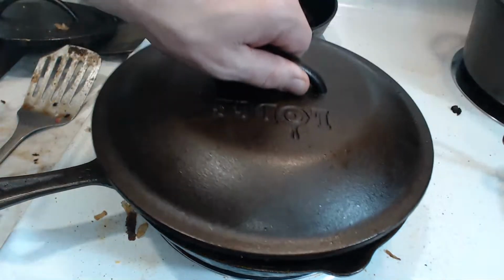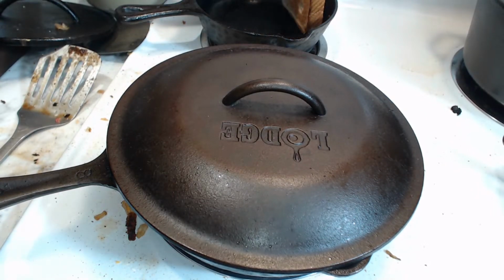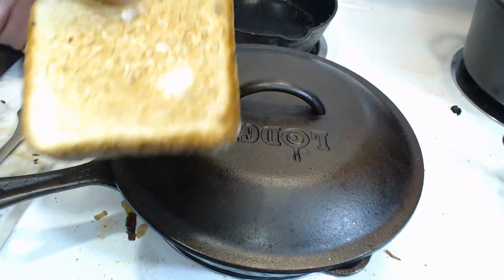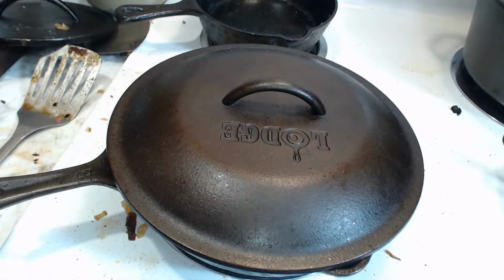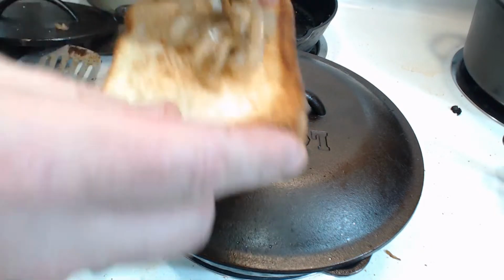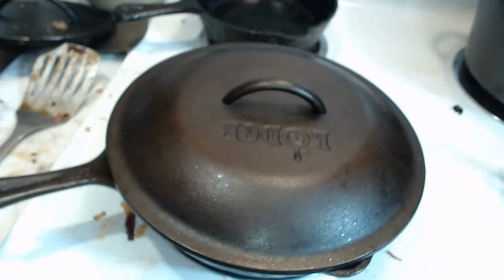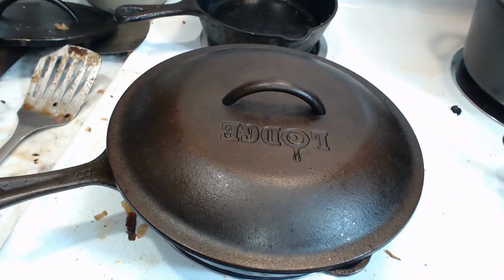Okay, good. Let's put this large lid back on one more time, and we only need to do it for about a minute or so. Speaking of which, at last, we're getting close to a nice piece of toast here, which means let's put a few more of these caramelized onions on here. Wow, this piece of bread is hot. And that means we're actually getting somewhere